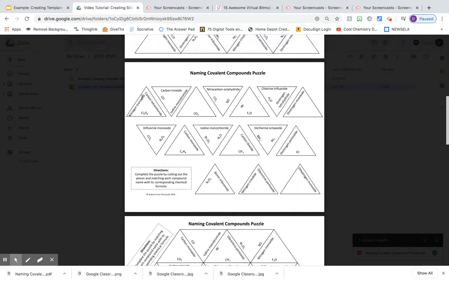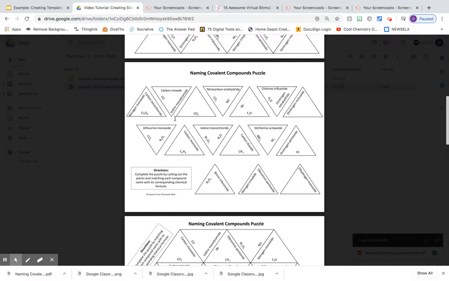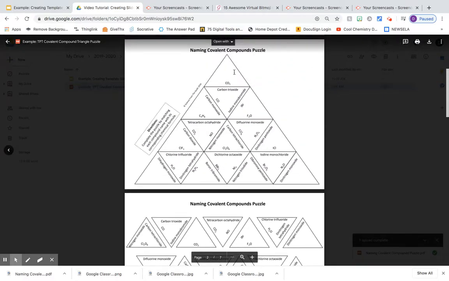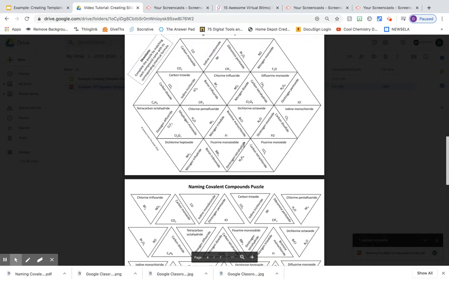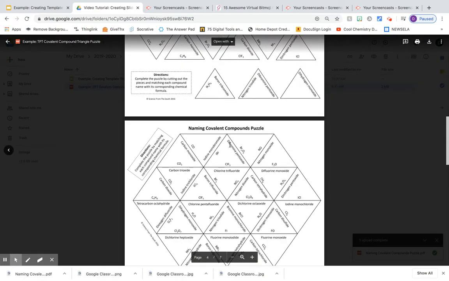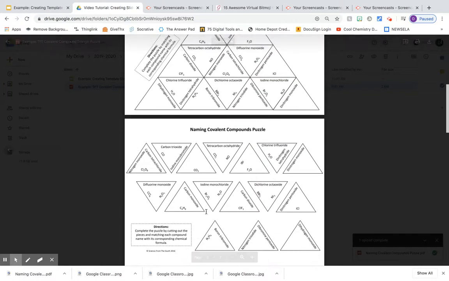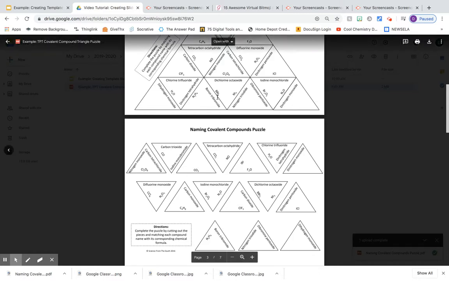What this activity does is it gives chemical names and it also gives chemical formulas. And what students in the classroom used to do is cut out these pieces, rotate them, and tape them down. If they did it correctly, they would get a triangular shape. Sometimes they make different shapes, but ultimately, if you put the pieces in the right order, your overall puzzle shape